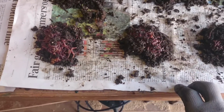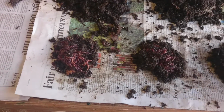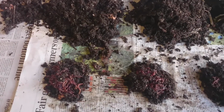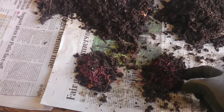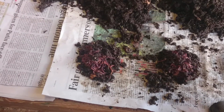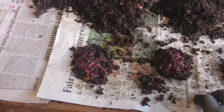Again, depending on what you're trying to do with it, you don't really need to harvest the worms completely out of bedding. I always prefer a migratory method to get the worms out of old bedding into new bedding, if that's what you're doing. I would only really light harvest to sell worms, or for whatever reason, like if you were intensely breeding worms and you wanted to work out how many grams of worms or ounces, however you do it, that you're putting into a system, then you might harvest them right out to the bare flesh of the worms. So you can see here the 3 old piles and the 3 piles of bare worms there,